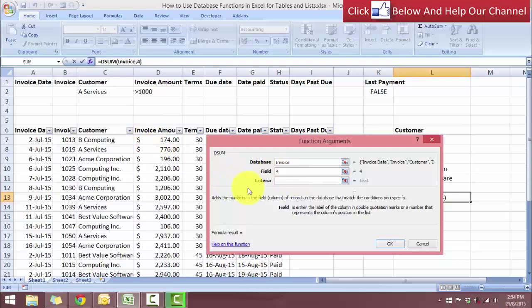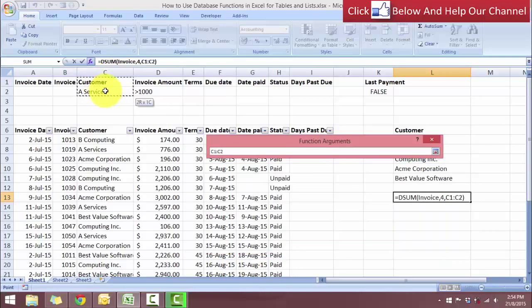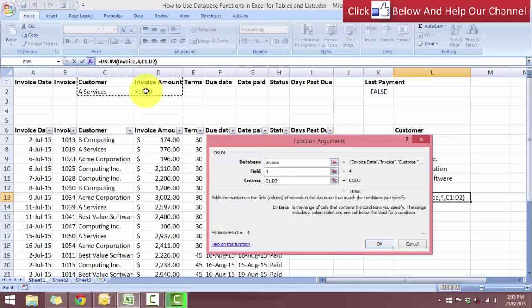You can either click or use this method. Either one will be very easy. And for the criteria, we are going to expand our selection. What we want is the customer A services, but we also want the criteria to be more than $1,000 for the invoice amount. Okay, so let's click OK,